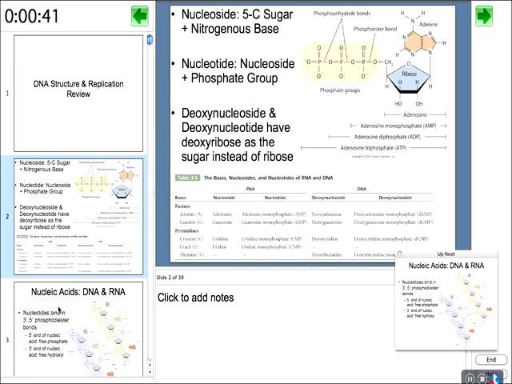A nucleoside is a 5-carbon sugar attached to a nitrogenous base. That's a nucleoside. A nucleotide is when you add on the phosphate groups. Right. These are the building blocks for DNA. So nucleotides are the building blocks to make DNA and RNA, just like amino acids are the building blocks that